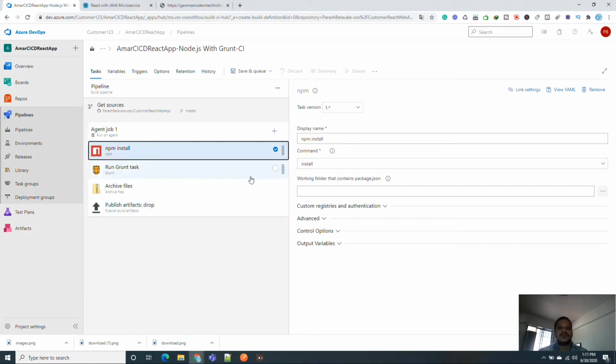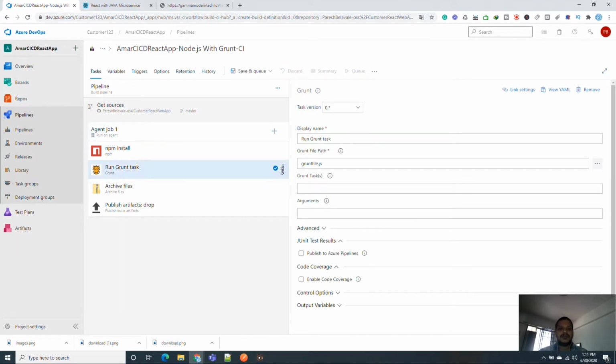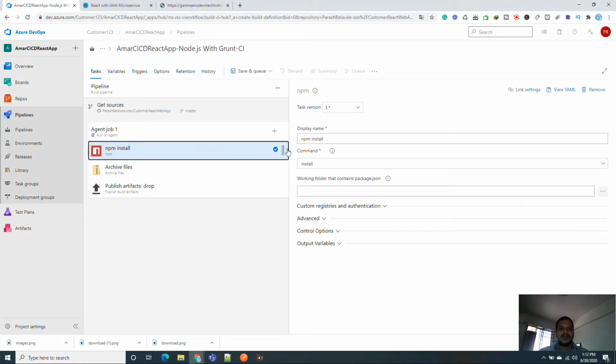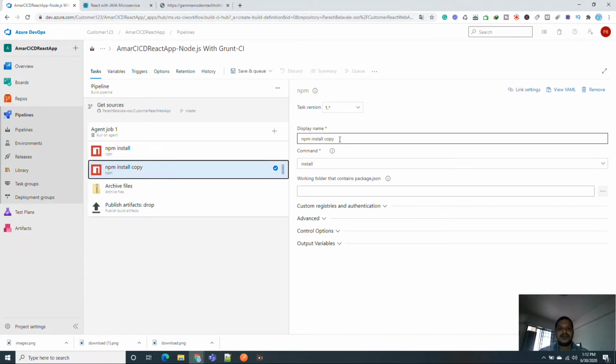Okay, so you can see this is the command. Basically, this step is responsible for compiling your React application. Then what I did is I removed this step, because this step is not at all required for me. Then I made a copy, a clone of this task, and then I did npm. I can give any display name.